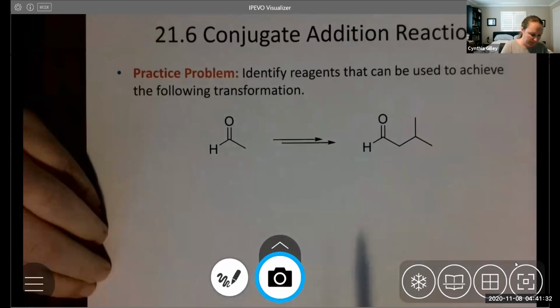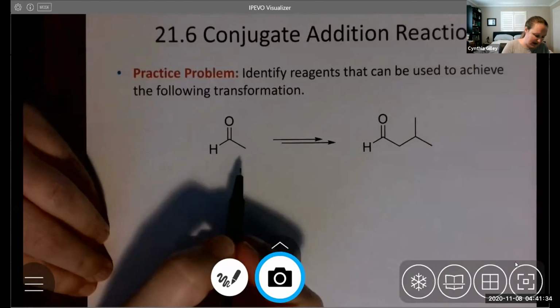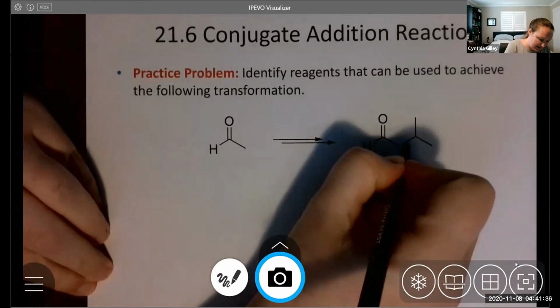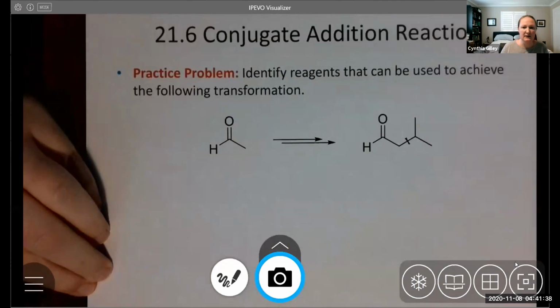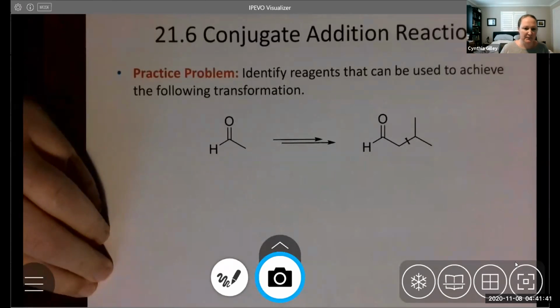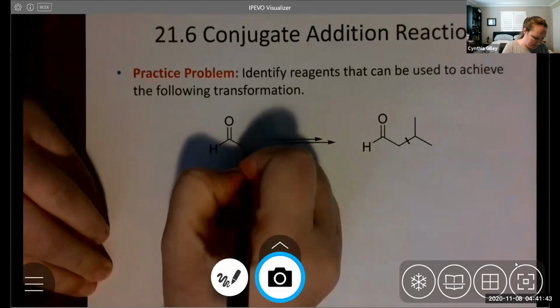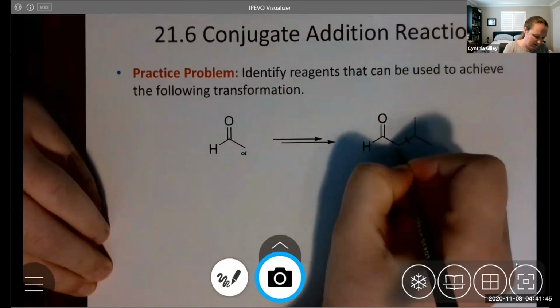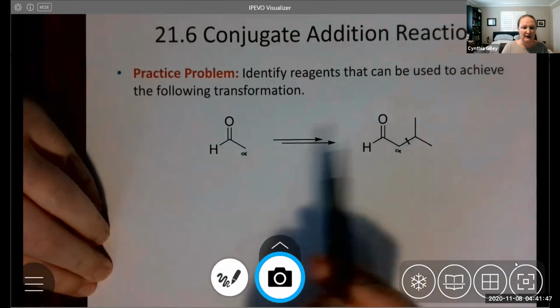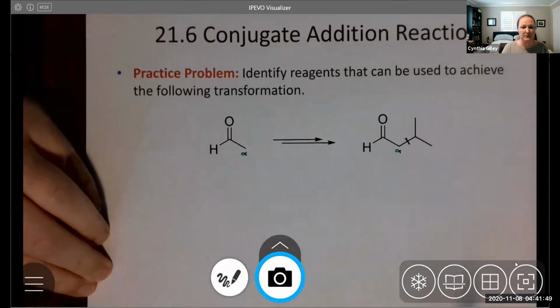So you probably analyzed this to realize that we need to make this carbon-carbon bond. That's going to be important. And because this is an alpha carbon, you might be thinking, well, maybe I can just do an alkylation of the alpha position. But recall that